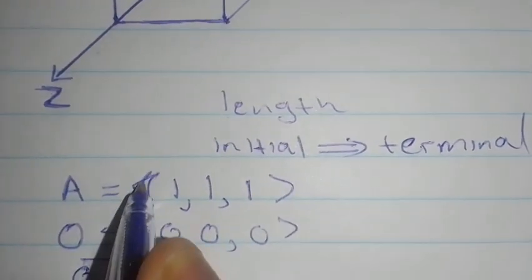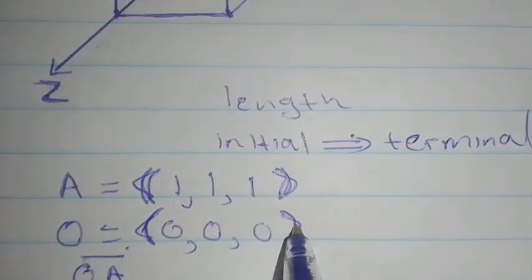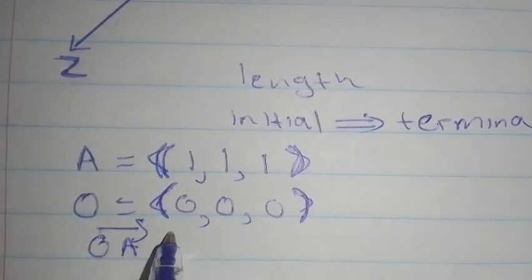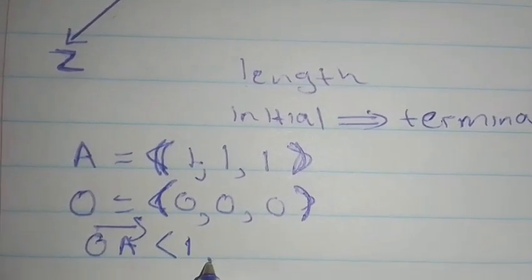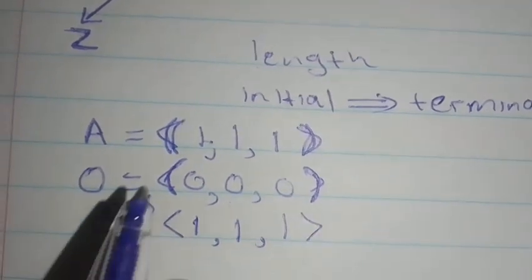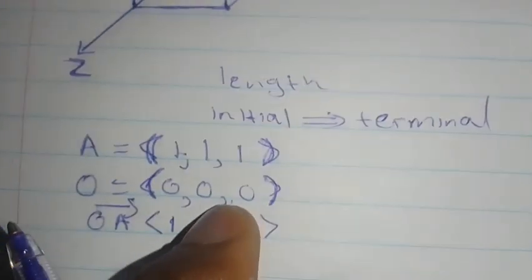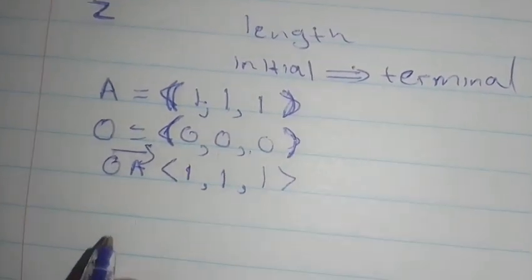So this will just basically be the coordinates. My apologies on that. We have coordinates, and then our vector will be terminal minus initial. So 1 minus 0 is 1, and then 1 minus 0 is 1, and then also 1. Coordinate vector, right? Okay, so now what's the length of OA? What's the length of this vector? We're just going to denote that as